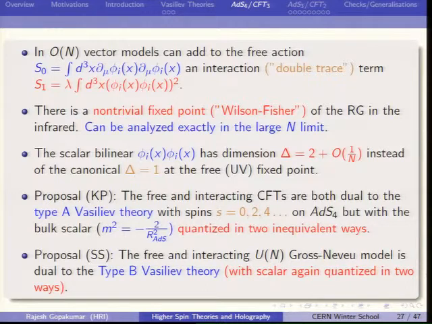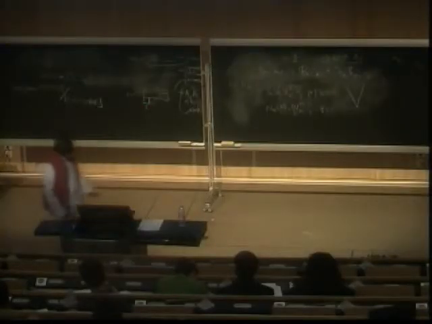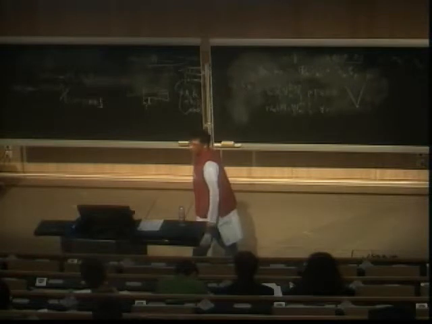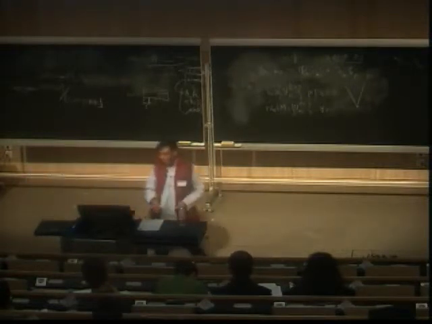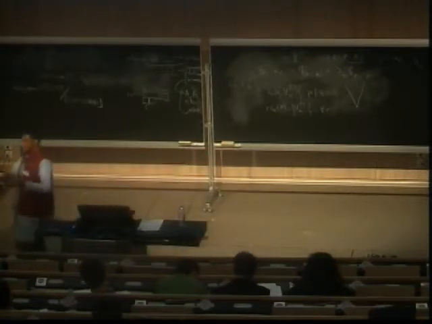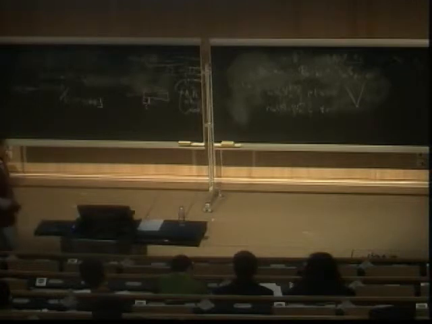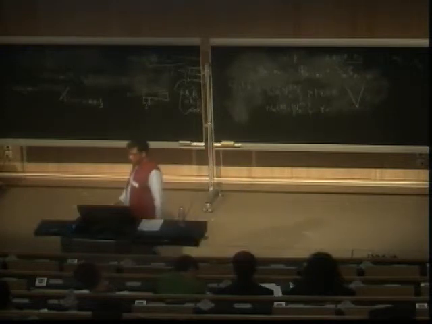It again has two fixed points, and it turns out that to match with the spectrum of that theory, it's the type B Vasiliev theory that plays a role. So both the Vasiliev theories that you have in 4 dimensions have candidate conformal field theory duals in terms of vector model CFTs, and